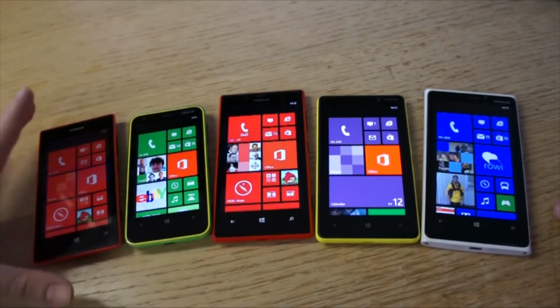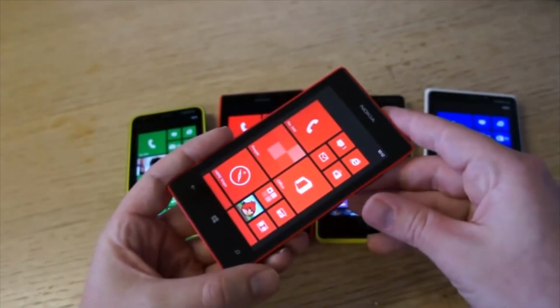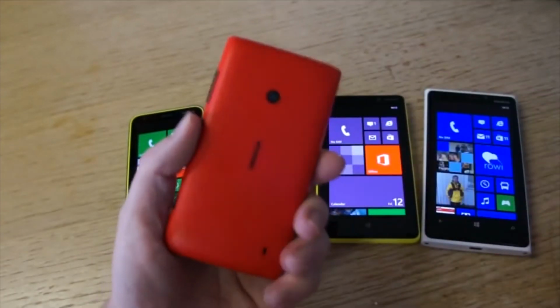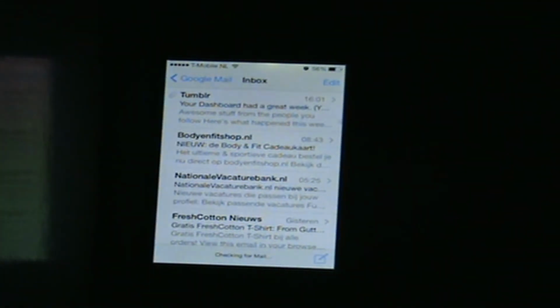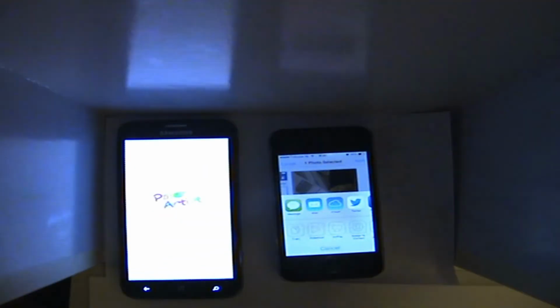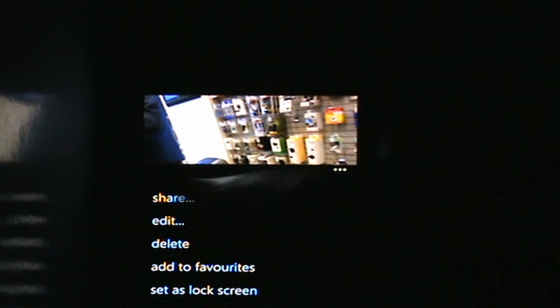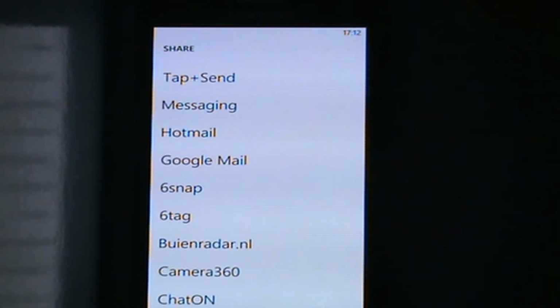So for that kind of price, you just get a phone that has really good performance, consistently fast performance for a really small price. Speaking of iOS, it's still a very good operating system with a wider choice of apps, but as I've demonstrated in this video, in some regards it's just been outdone and overtaken by Windows Phone 8, which in its turn actually acts more like Android in some respects, like the flexibility in apps. For instance, if you've taken a picture or anything like that, it lets you pick all of the apps that you have installed, and the list keeps on growing